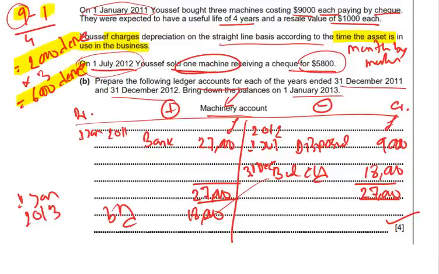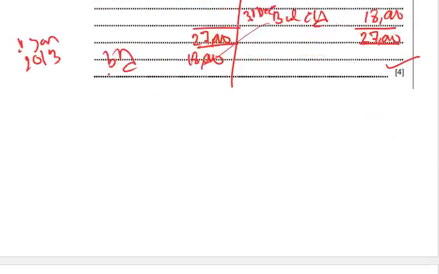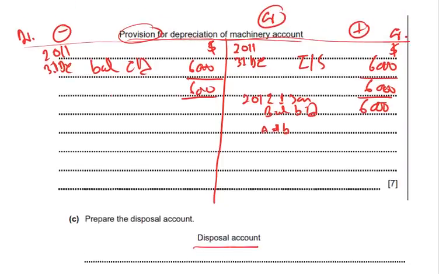So the two assets' depreciation, A and B, should be 2,000 times 2, which is 4,000. But the asset which was sold, C, is also 2,000,